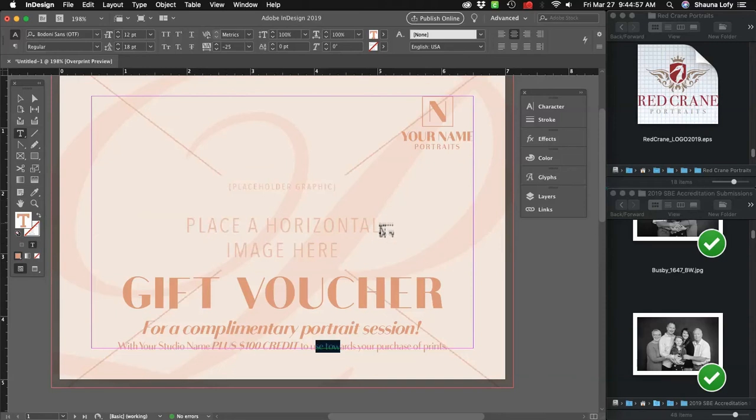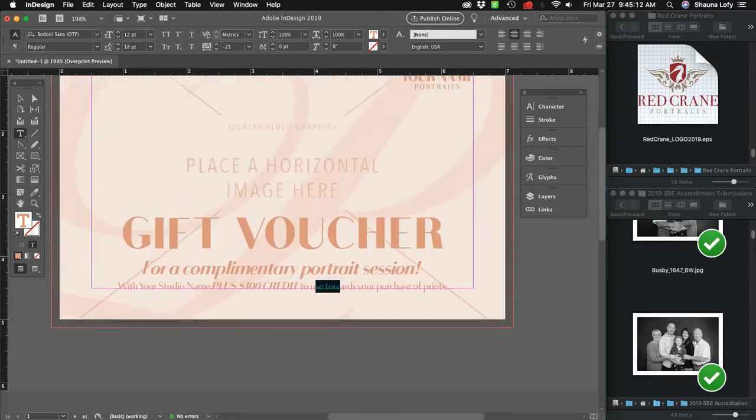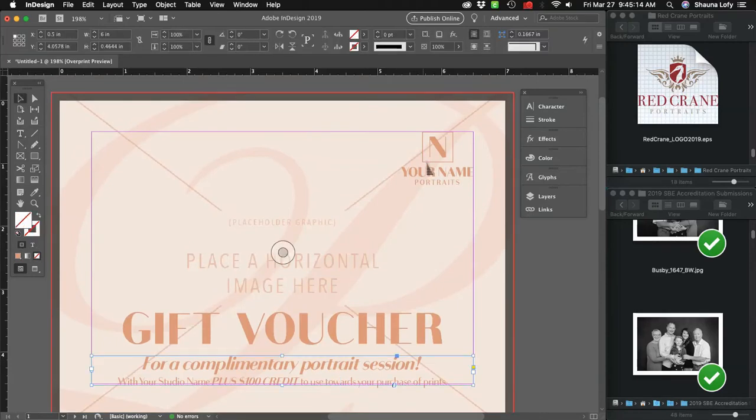And I try to keep everything cohesive, so you'll know exactly which marketing pieces go together. So they all have the same look throughout the entire piece, from the magazine all the way down to these gift vouchers. So the first thing I want to show you how to do is to replace the